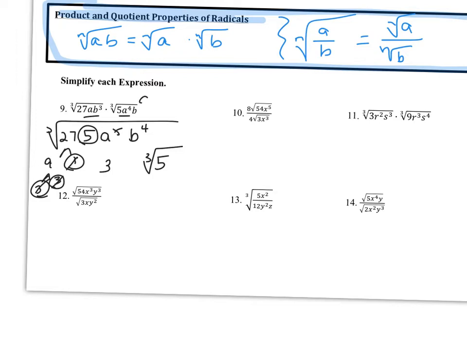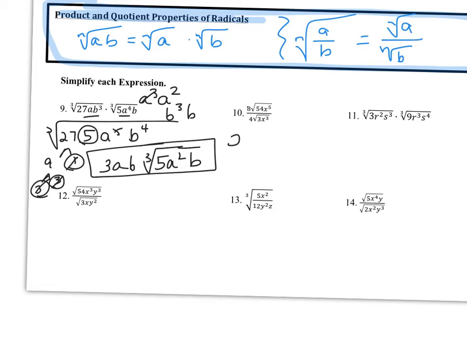A to the 5th is a cubed and a squared. So that's a with an a squared on the inside. B to the 4th is b cubed and b. So that's b and b. And I'm done. If I look at number 10, well, I have 8 over